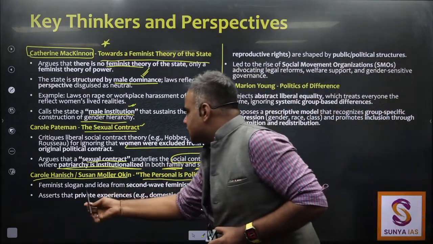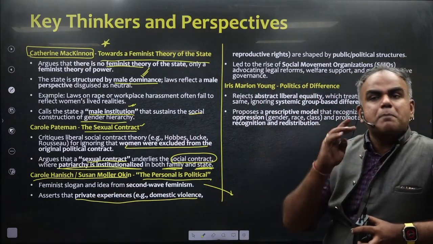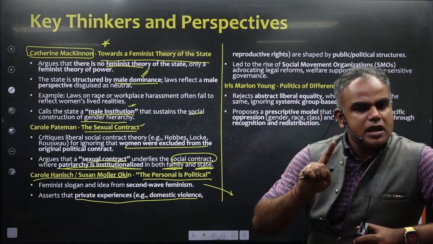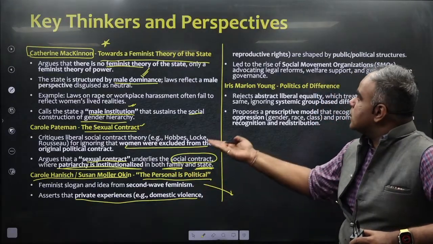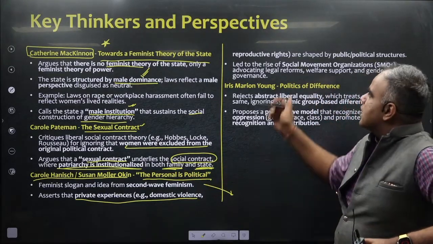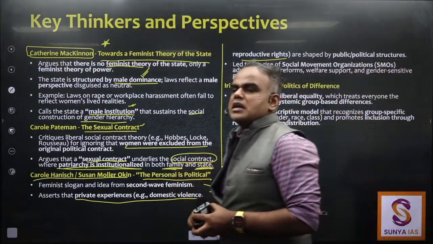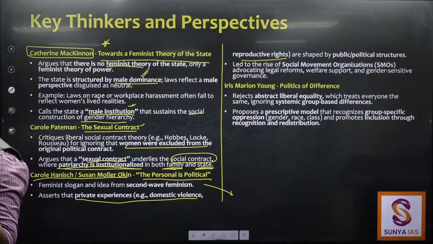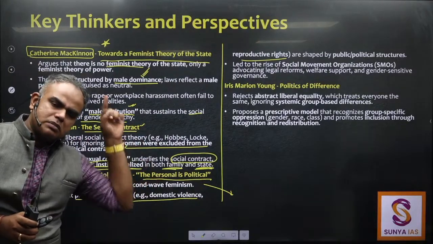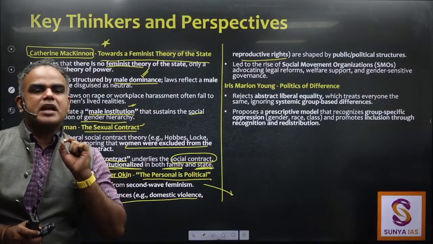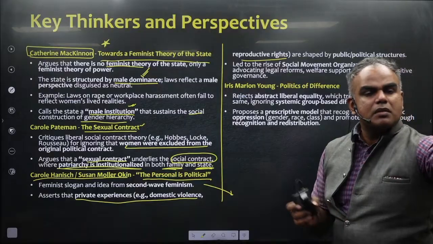is that it simply says that whatever private experiences there are, earlier you used to think that in the public sphere you have the state. Okay, in the public sphere there can be some subjugation, but if you actually go into the private sphere, there is also, let's say, domestic violence. Reproductive rights are also not given properly. So personal is political highlights that women face challenges in both the public as well as the private space, and in that case also the state happens to be an institution of patriarchy, which influences not only the public sphere but also the personal sphere.